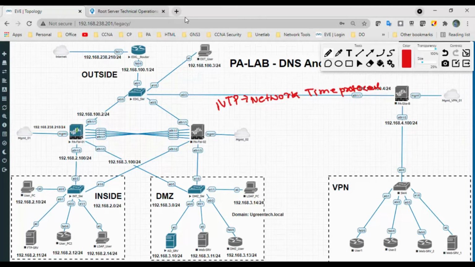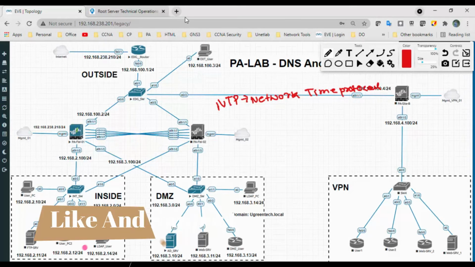If NTP is not configured, the time on different devices will differ. Suppose you want to troubleshoot an issue for a particular time, NTP must be configured on a network device. Without NTP, it's very difficult to find the logs or troubleshoot the issue.